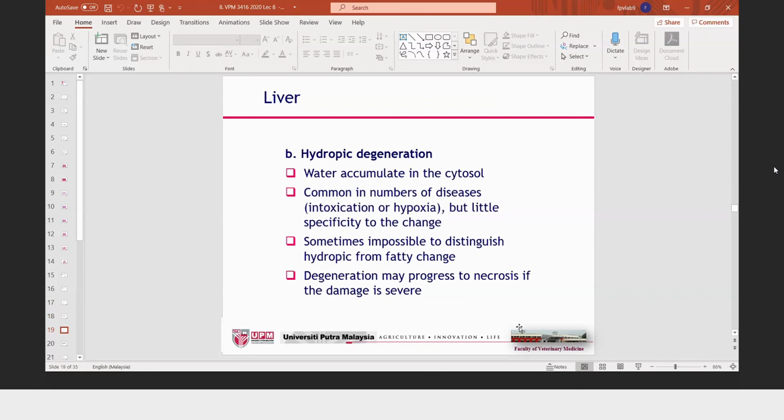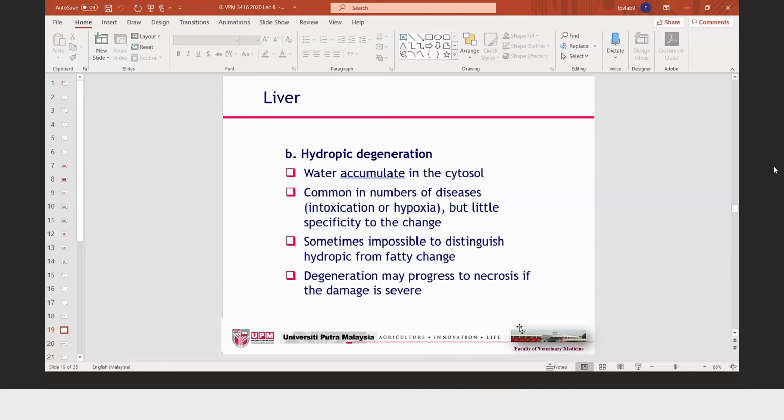Another common one is hydropic degeneration, partly because of accumulation of water in the cytoplasm of the hepatocyte. Common causes involve intoxication or hypoxia, but there is little specificity to the change. Sometimes you might also have difficulty differentiating between hydropic degeneration and fatty change. Like other conditions, hydropic degeneration is reversible. For example,